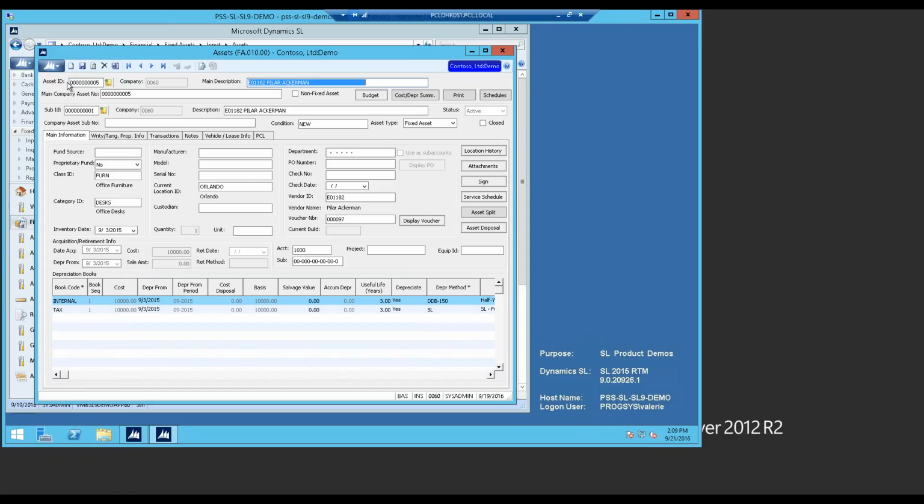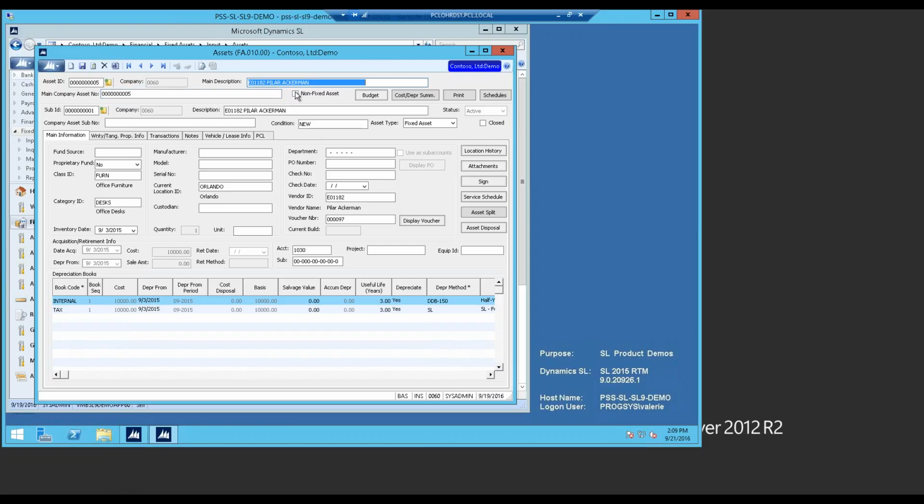With our fixed asset system, you track your main asset ID number. It's auto-populated for you. You can also have another main company number. Say if you have an old fixed asset system and you want to keep that old tracking number, you can put that here. You can have a name here, whatever you want, but you do have the ability to put a secondary